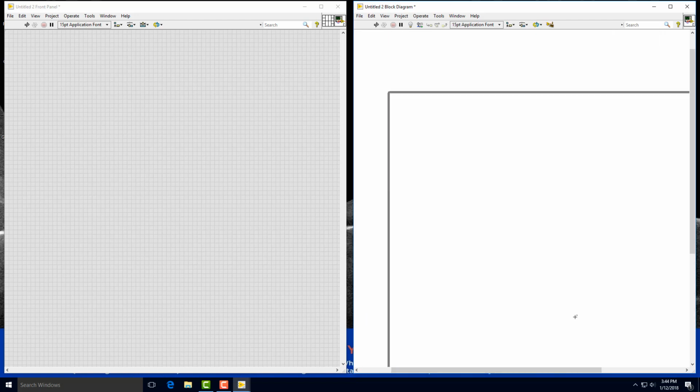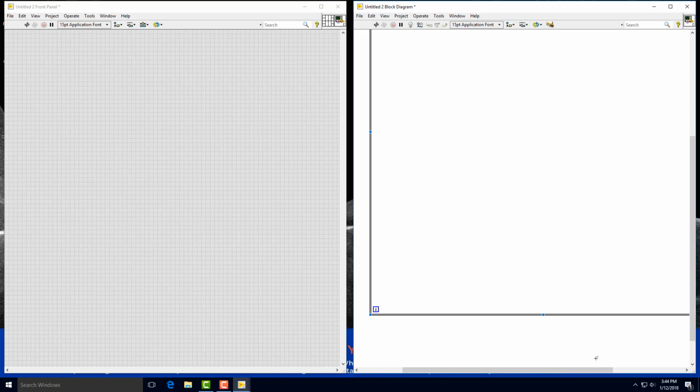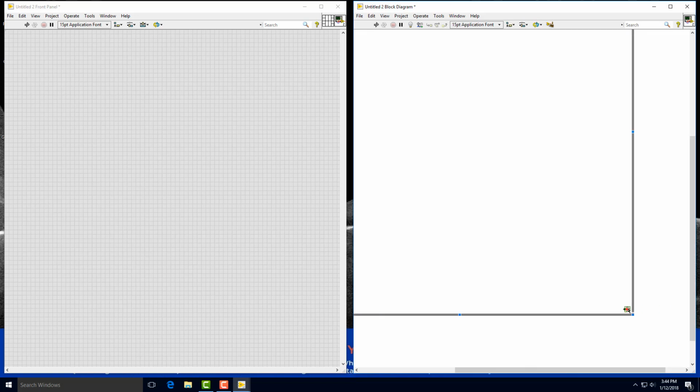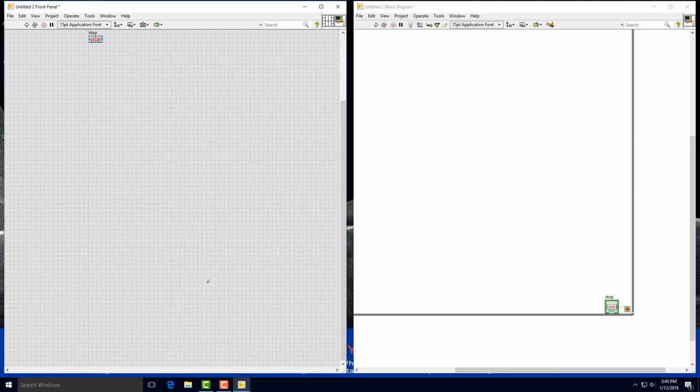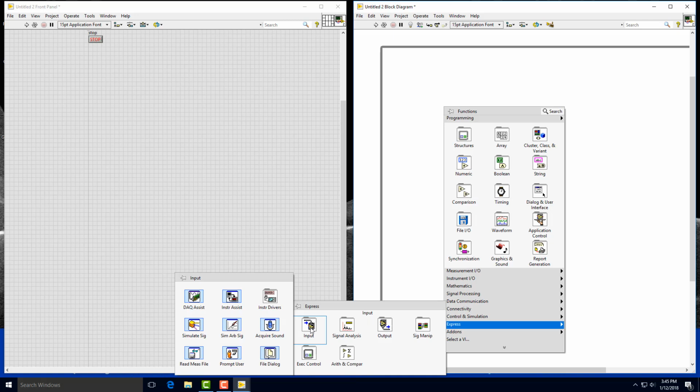The while loop is ready. So first we are going to get the DAQ assistant into this window. Again, I forgot to put the AND argument, right? So I'm going to come to this stop red dot, create a control, and it creates a stop button at the user interface. Now we are going to use the Express tool set, and we know that we are going to input some data, so we are going to say input,